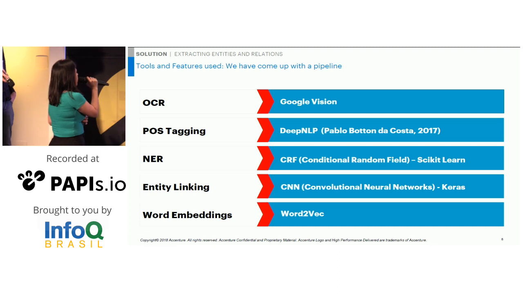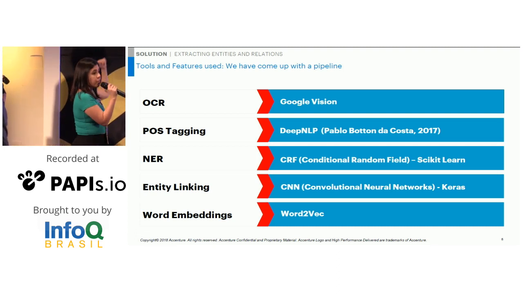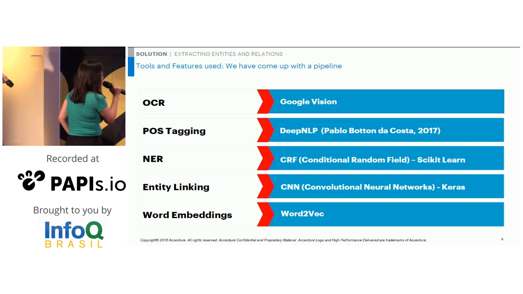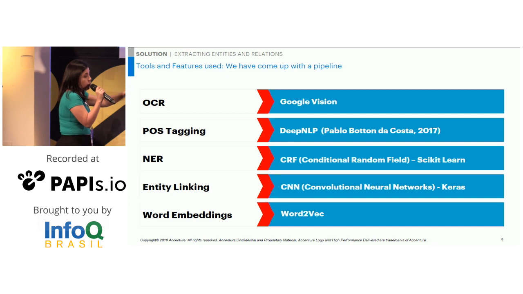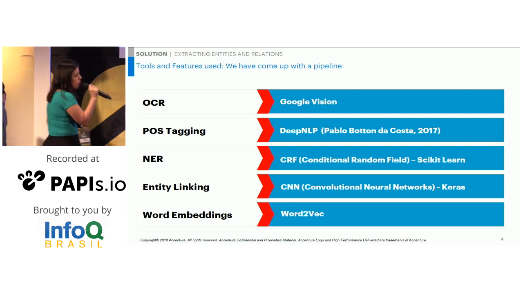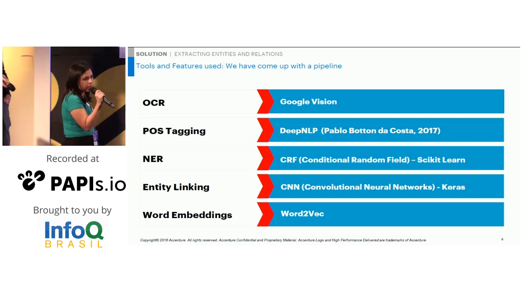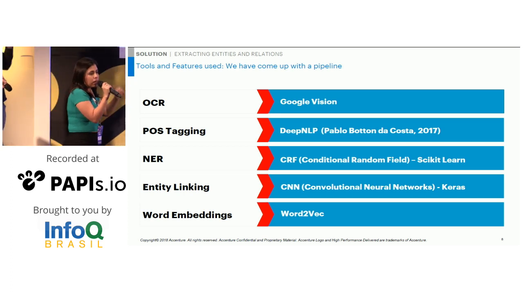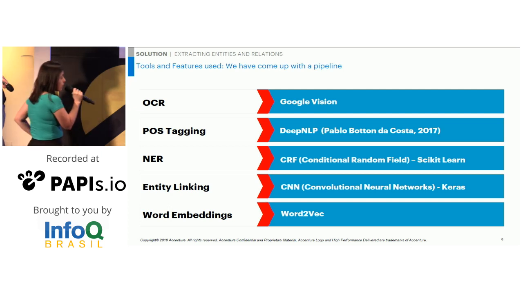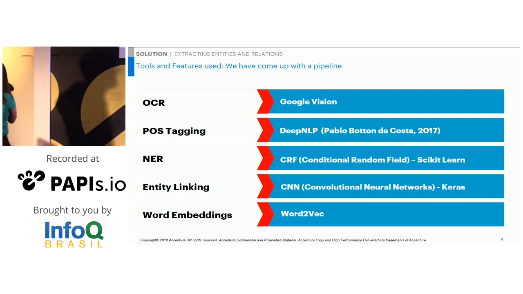So at this point, we have entities and we can relate the entities. We use word embeddings for our CNN sometimes, not in all cases. But if we have important information that we extracted, and we have to relate it to a given list of sentences or something like that, we use word embeddings to relate them semantically. Word embeddings are very, very good for this case, as Pablo stated.